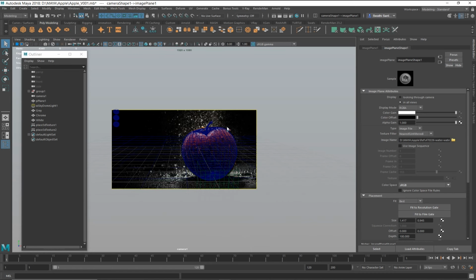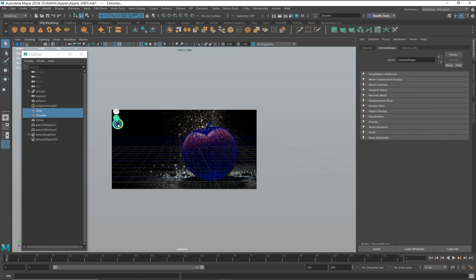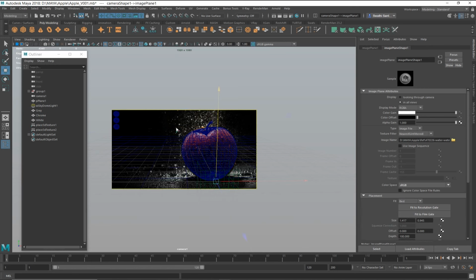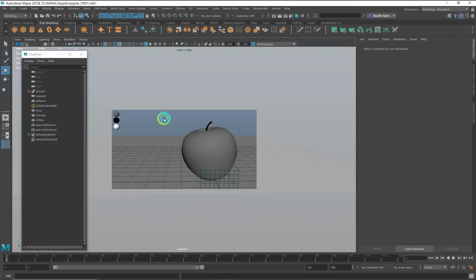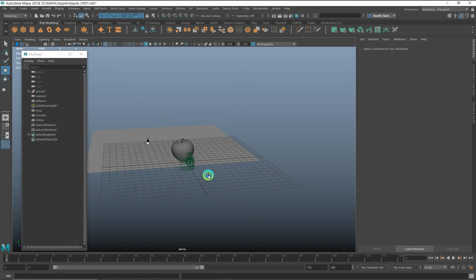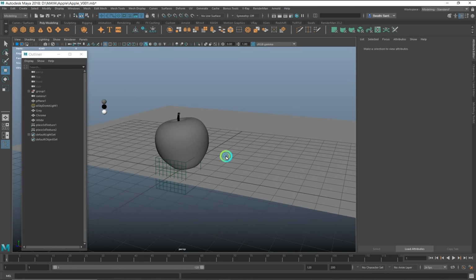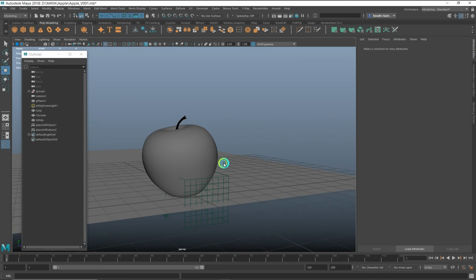This is how I usually set up my scene. For the beginning, I set up my layout and composition by creating the image plane and calling the reference image to the image plane and setting up the model exactly matching the reference. So that's that. And now I'm going to show you how I set up the water drops for my Mash instance.